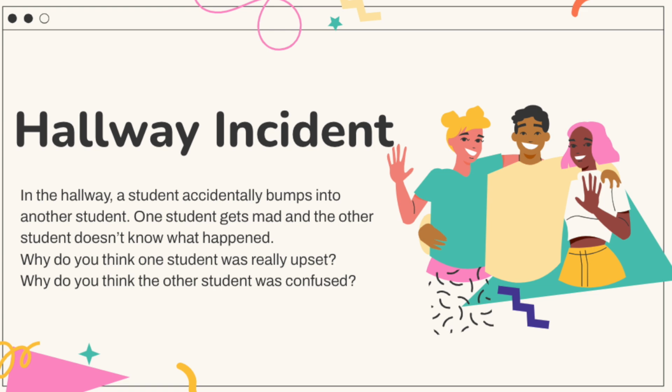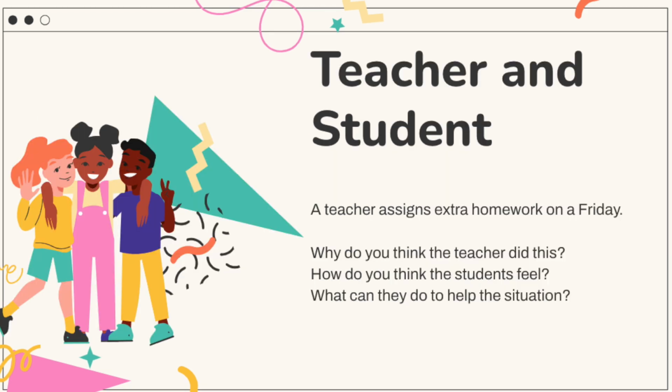What if the student who was bumped into was already having a really hard day? They got a bad score on a test, they have a lot of homework to do, they're in a fight with their friend. Being run into might make them feel even more upset, which is why they acted out. The student who ran into the student could also be distracted for the same reason, but instead of acting out, they're just upset and staying to themselves and distracted, which is why they didn't see the other student. We don't know what other people are going through, and that's why it's important to think about others' emotions when we are reacting. Alright, we're going to work on the next situation together.